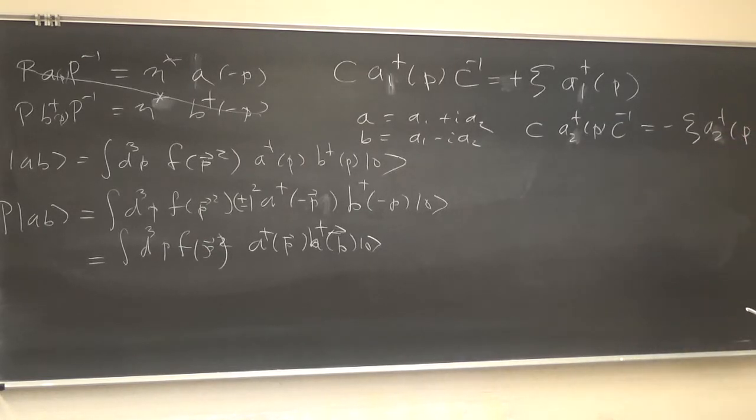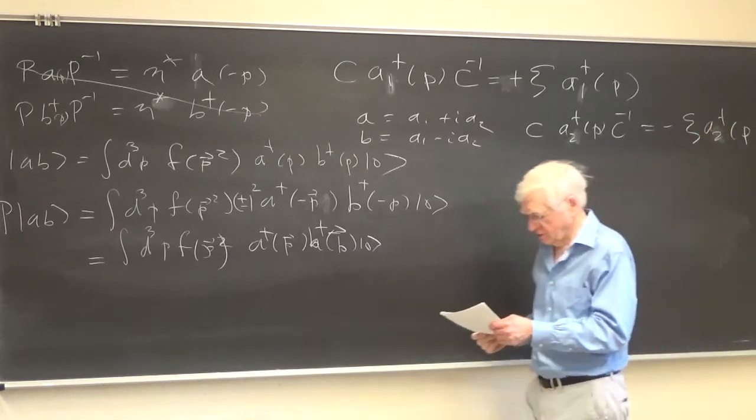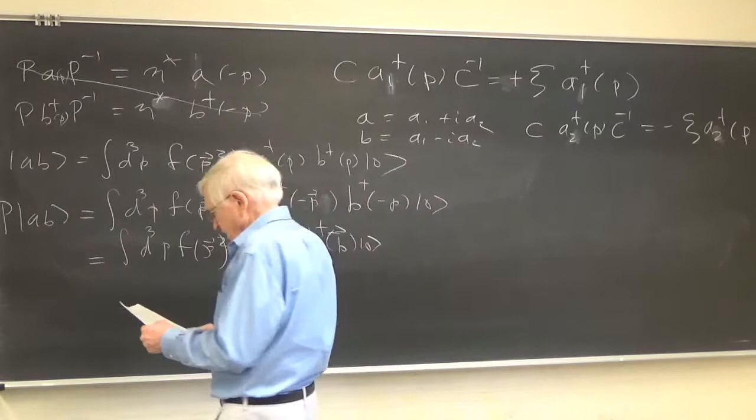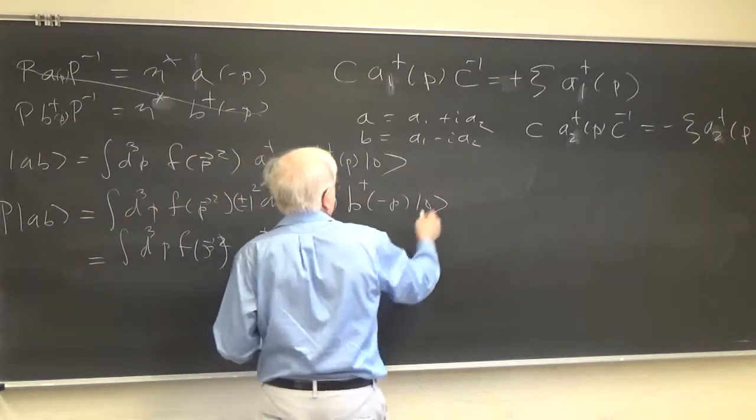Okay, so that's the way things have to go, in my view, for charge conjugation. The two fields transform slightly differently. Same phase, but an overall minus sign. This means that